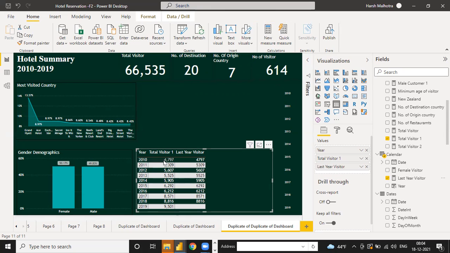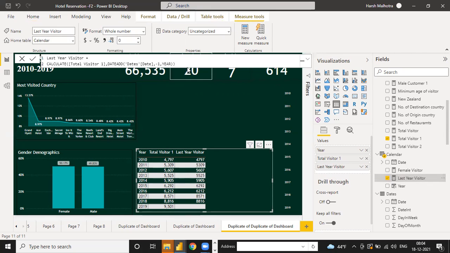In 2010 it is 47. Just a minute. Total visitor data and function is correct, and value is also correct, but it gives the same value. Why?